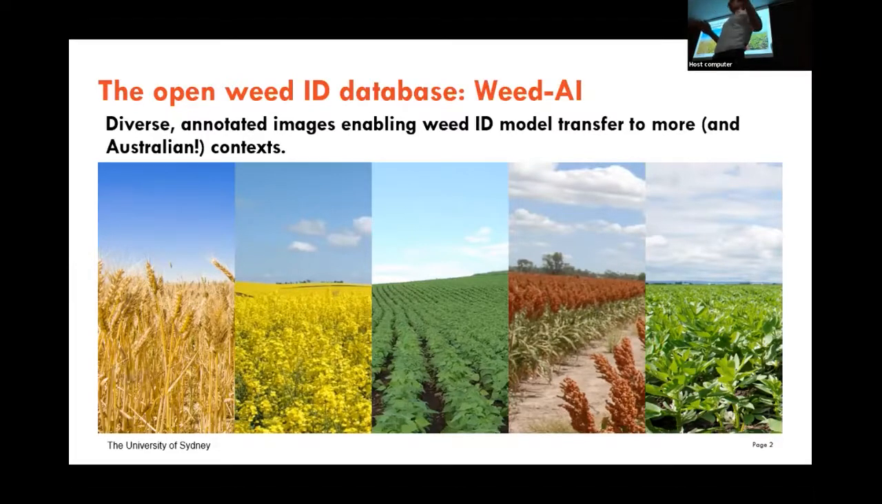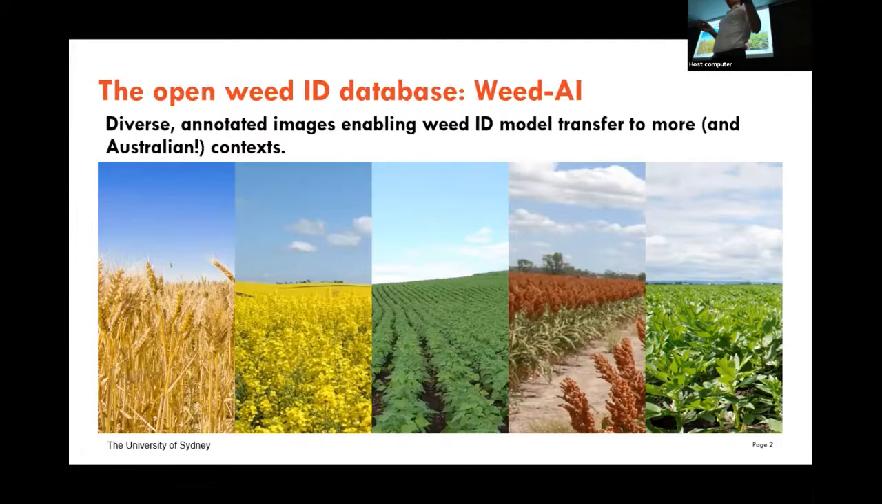Can we take a model that's been trained on images taken in natural light? Can we apply that to images taken in artificial light? This is really one of the important things. This is what we think is the core of what Weed AI is: creating this diverse set of images, because